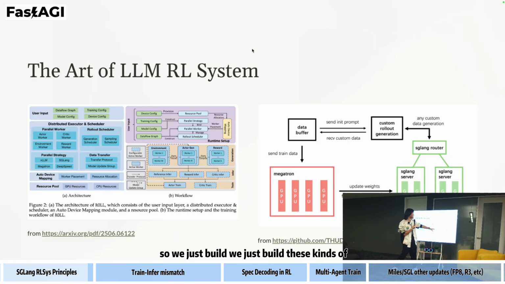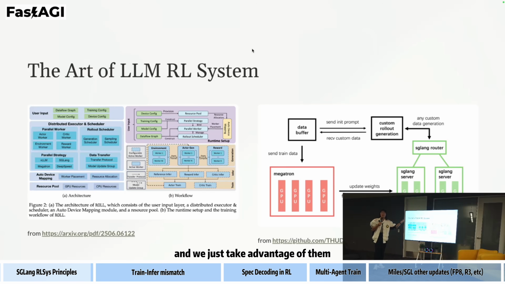So we just build the black lines, and all these green lines and these red lines should not be what we do, right? Just let these elegant components evolve themselves and we just take advantage of them. I think it's a good and smart way to do RL. And we see that this year a bunch of RL frameworks are moving to this kind of modularity design; it's common sense.